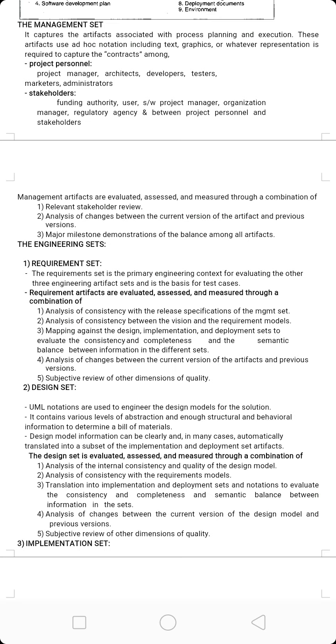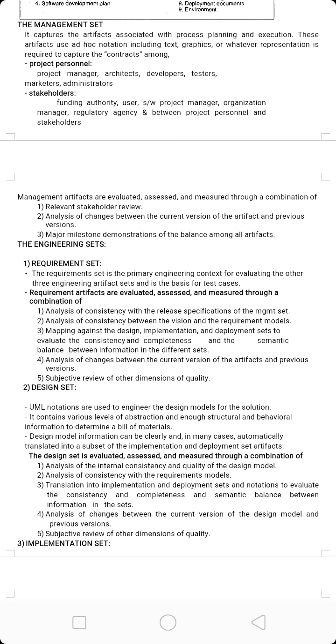Funding authority, users, software project manager, organization manager, regulatory agency, and between project personnel and stakeholders the contracts are taken.